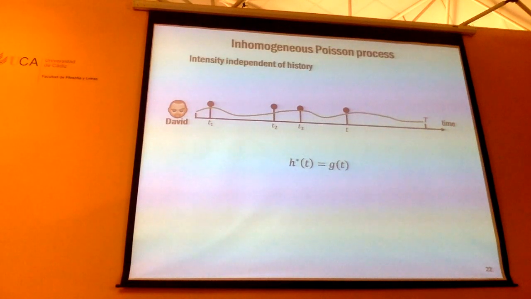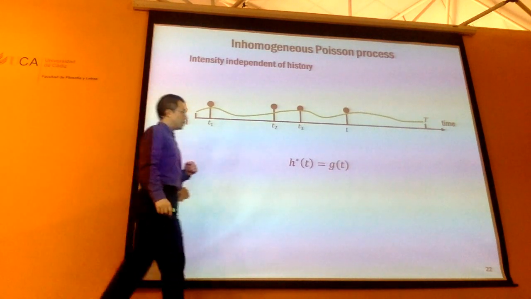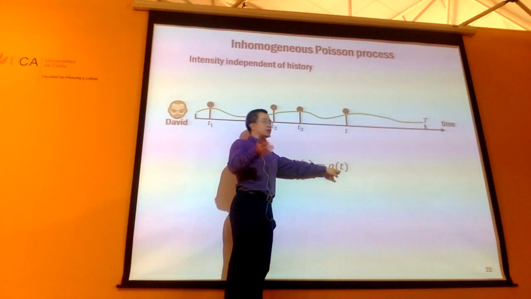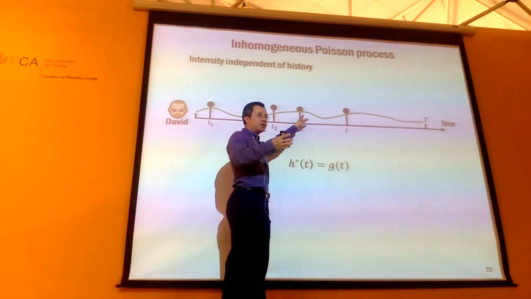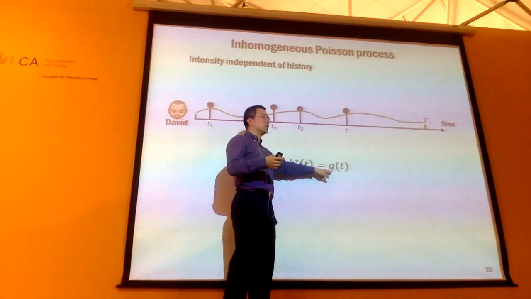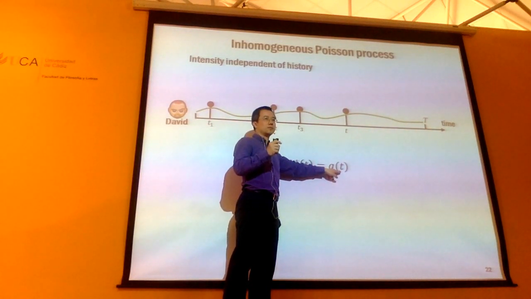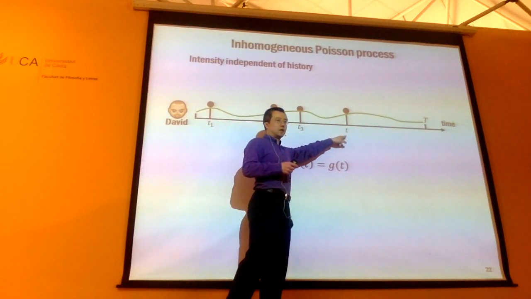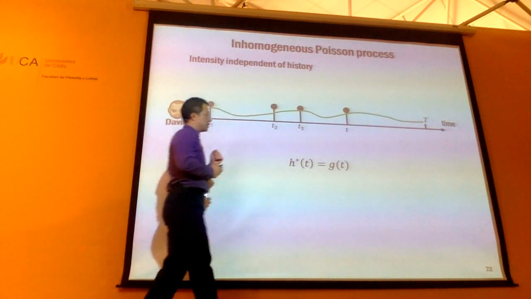So you also have something called an inhomogeneous Poisson process. In this particular case, again, you just design your intensity function to be some other function, which depends on the time, but doesn't depend on the history. It doesn't matter whether you have T1, T2, or T3 already. So it's not going to change the form of the intensity function. You're always going to have your intensity function according to a particular fixed function of time. Okay? So it doesn't take into account history. If you have lots of events in the past, it's not going to change the intensity in the future. Right? The process is always going to sample from a fixed intensity.